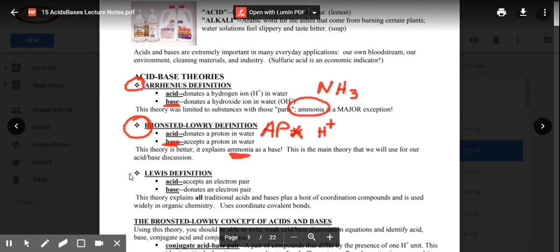Now, I just want to show you that there is another definition. It's called a Lewis definition. You mainly use this in organic chemistry, okay? We do not do this in AP any longer. It used to be in the old design. Before the redesign, it used to have a few questions about that. Well, now they don't ask any questions about that any longer. Okay, so you do not have to worry about the Lewis definition of acid and base until you get into